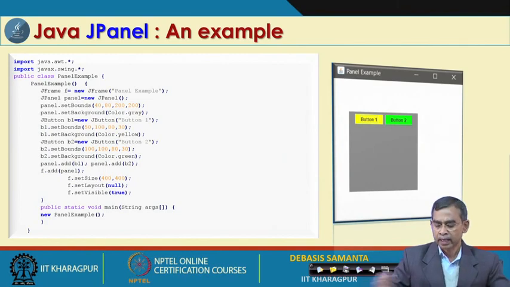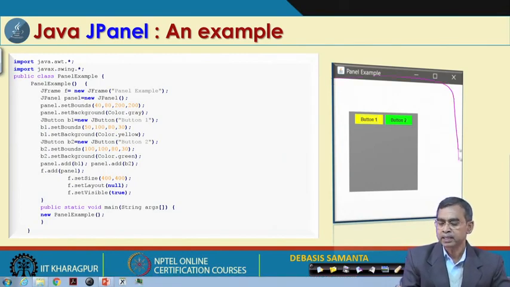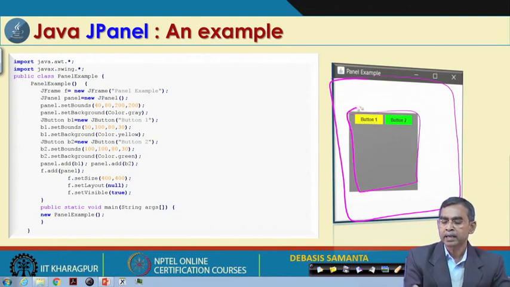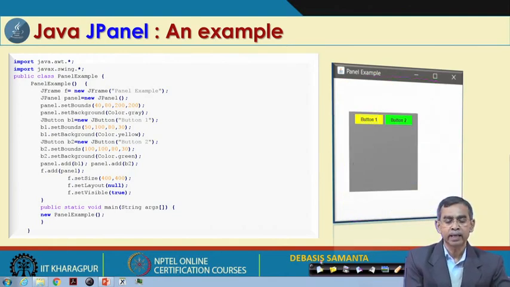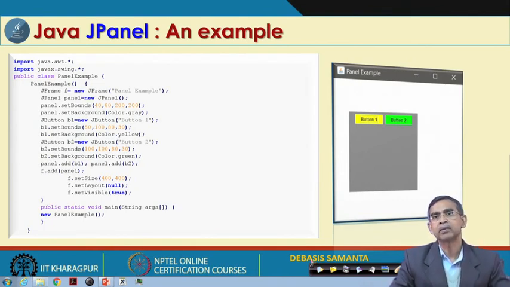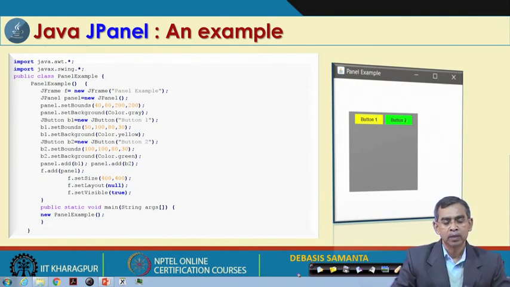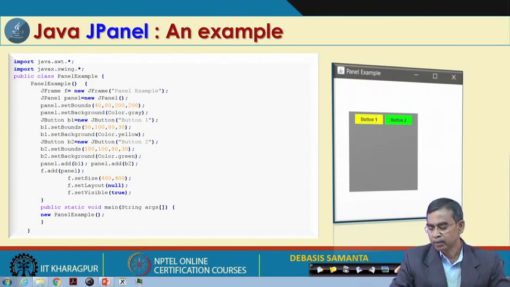And this is an example of how the panel can be used. As you see here, entirely this is basically a frame, this is the entire frame, in this frame a panel is there, and in this panel two buttons are added. So, this is the example, and for this output the program will look as it is shown here. You can run this program and see the output, and you can change many parameters in the program that we have used. For example, the background of the panel can be changed, and instead of a button you can add some other components into it. You can do a lot of experiments, and starting from this program you can start changing many things and learn it. So, this is the idea that I want to mention.